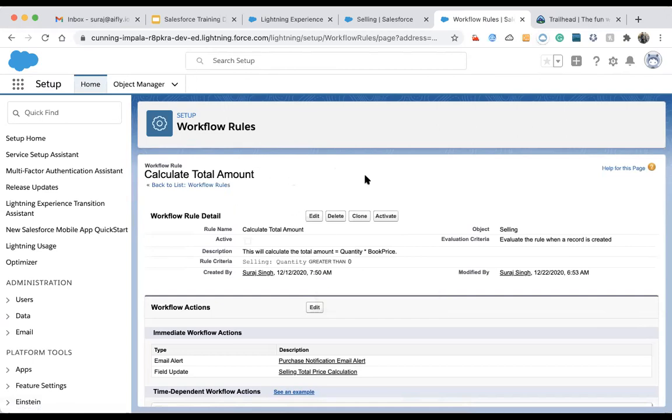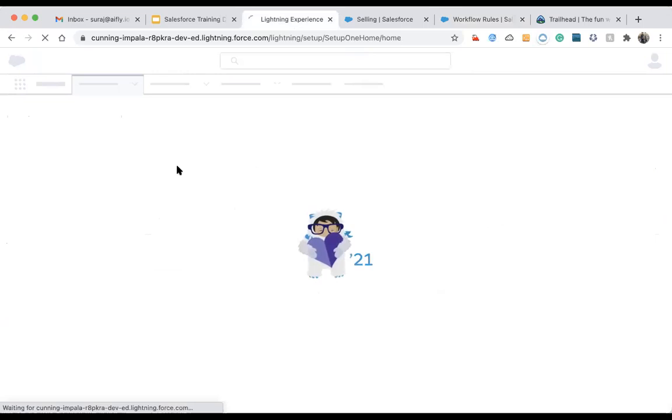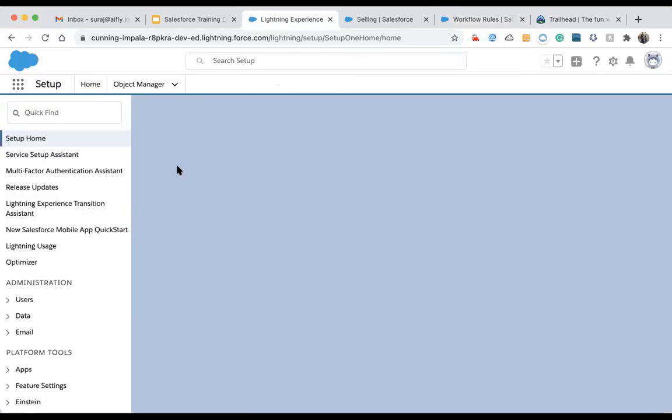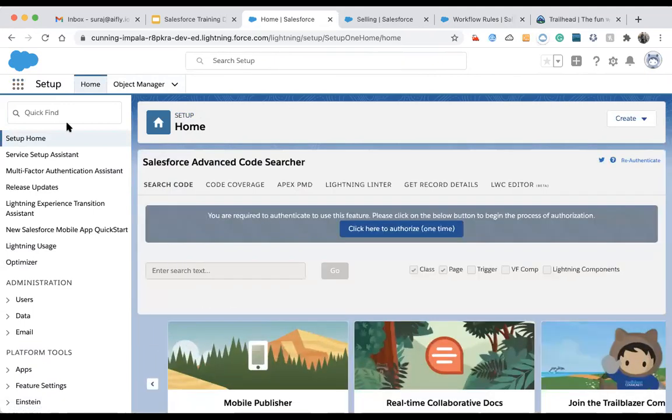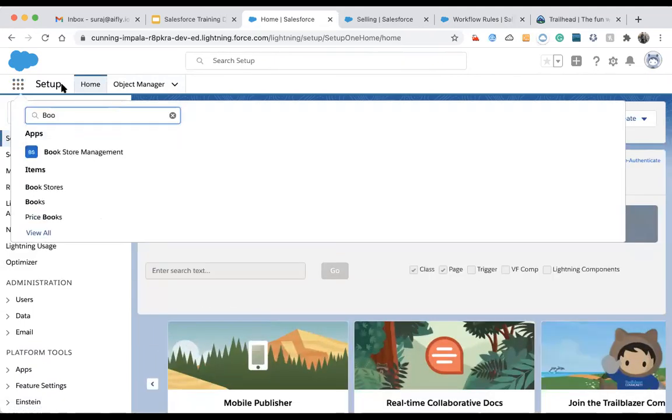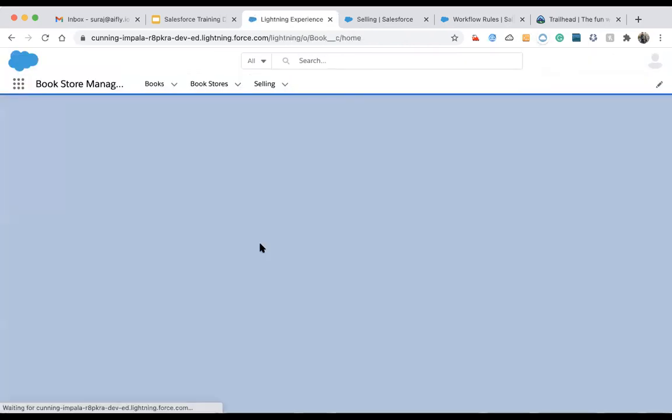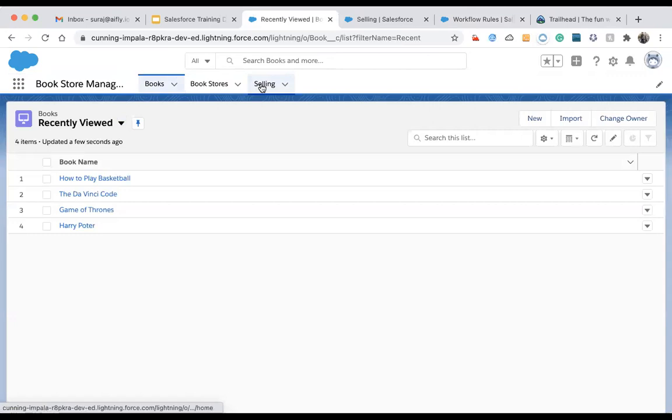Suraj, I have a question. Yeah, tell me. You set up the rule to run two days after the due date. What if they receive the payment before then? It wouldn't be nice to the client if you send the email automatically.